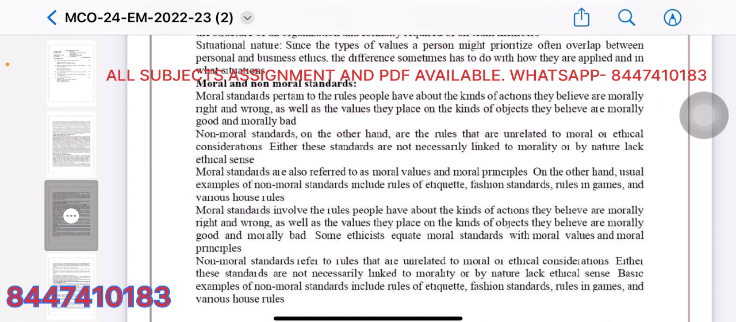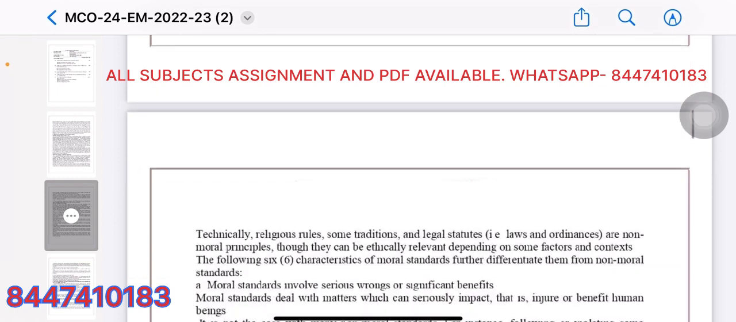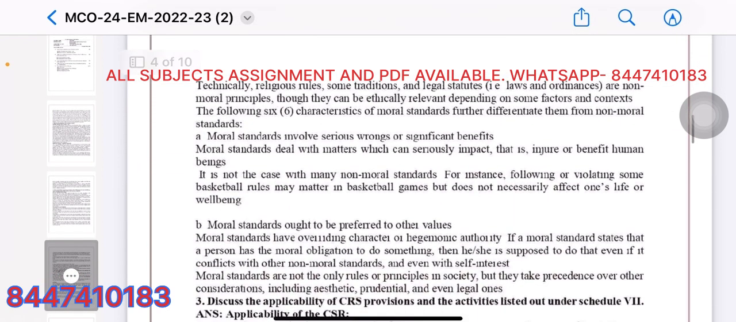Non-moral standard refers to the rules that are unrelated to moral or ethical consideration. Either these standards are not necessarily linked to morality or by nature lack ethical sense. Basic examples of non-moral standards include rules of etiquette, fashion standards, rules in games, and various house rules. Technically, religious rules, some traditions, and legal statutes are non-moral principles, though they can be ethically relevant depending on some